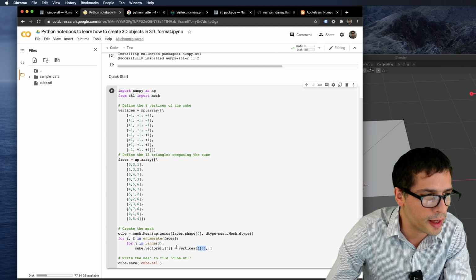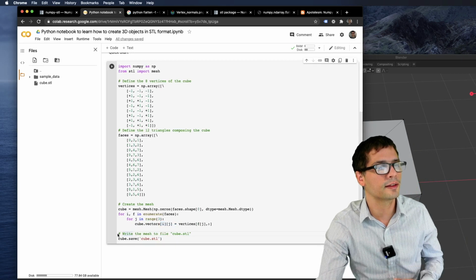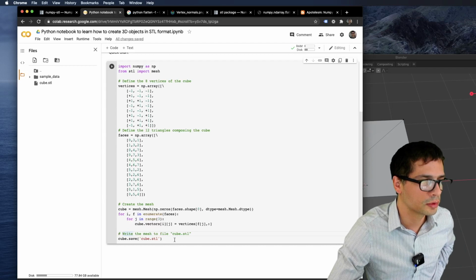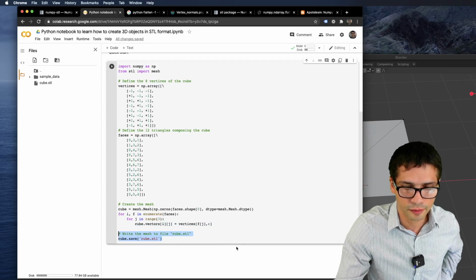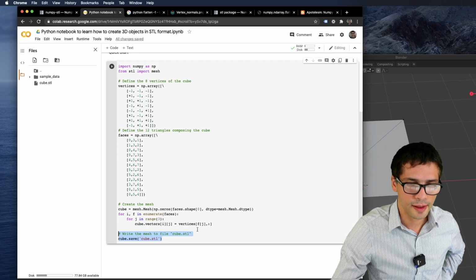Each vector has 3 vertices, and we're storing that for each face, right? And then the last statement here creates the cube and saves it as an STL file. And that's it. Code done.